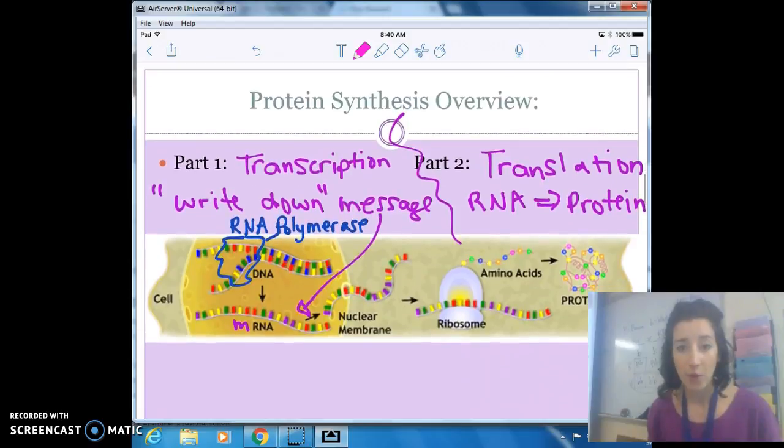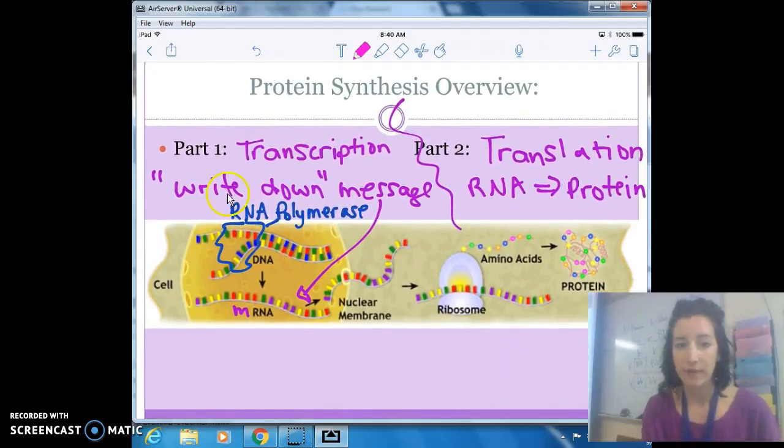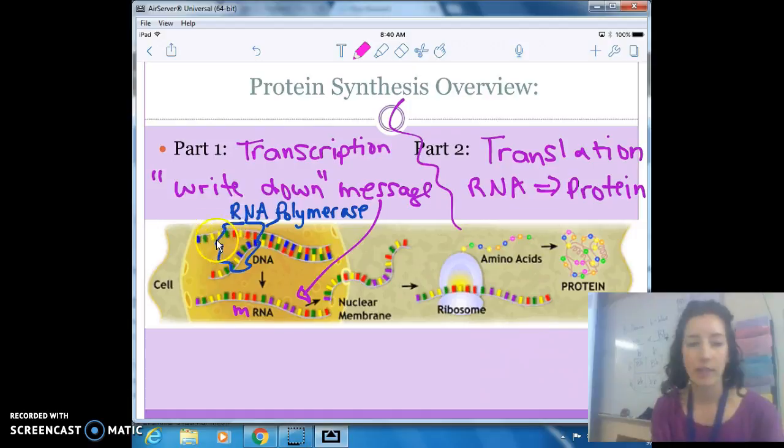Protein synthesis overview. Okay, so jot this down. We've got part 1 is called transcription. Part 2 is called translation. In part 1, we go to the DNA and we are writing down the message. You'll have to draw in the RNA polymerase because they don't have our first blobby. RNA polymerase, it makes the message or copy